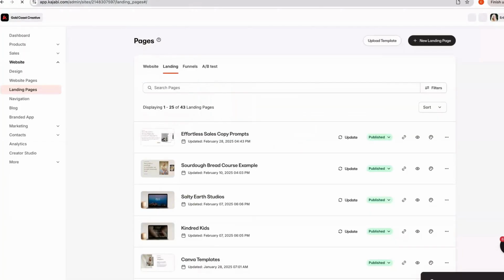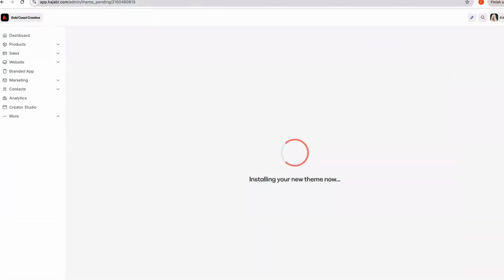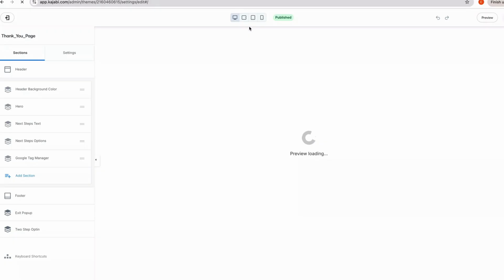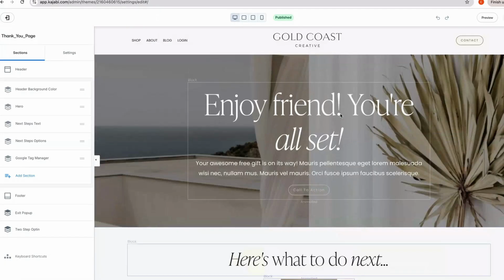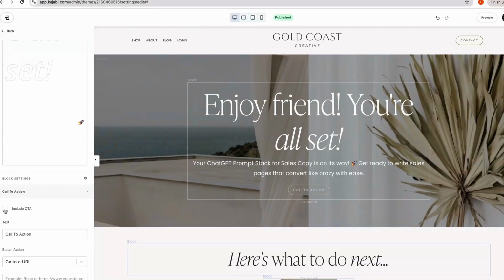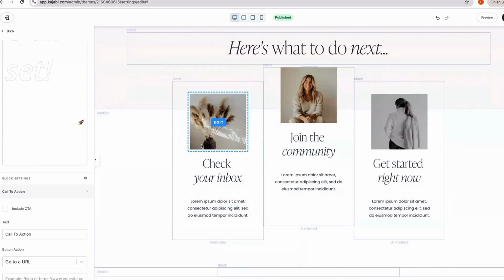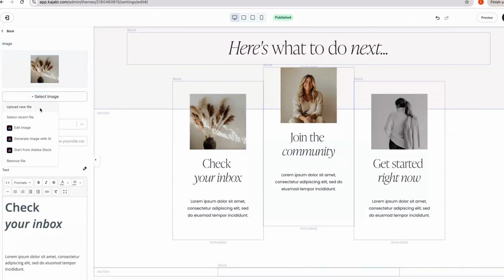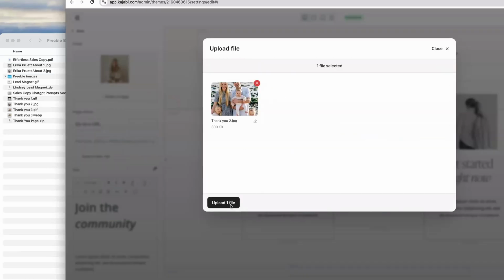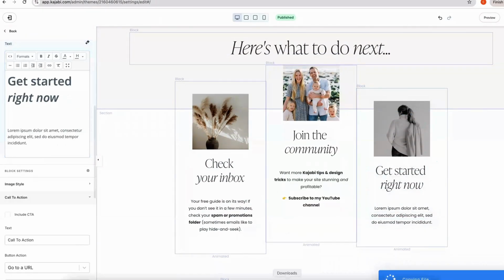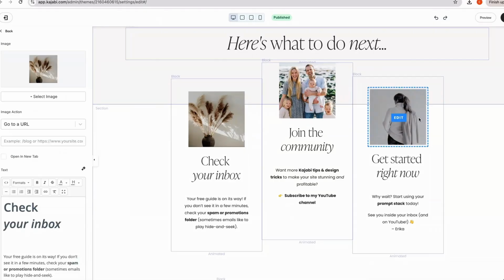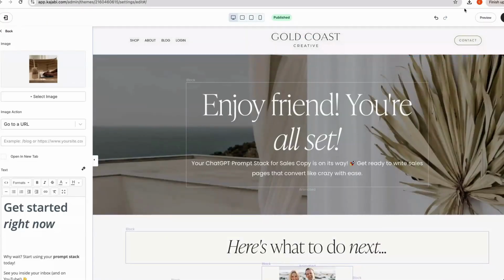This is part of one of my sales funnel template packages that you can get that all goes together. And you can kind of see how it works. So here's our thank you page. And I'm just going to quickly swap out these images and the text that goes here. I don't need a call to action, so I'm just going to hide that. And then here we're going to upload our new images. All right, now that I have my images and my text uploaded, I'm going to save it,